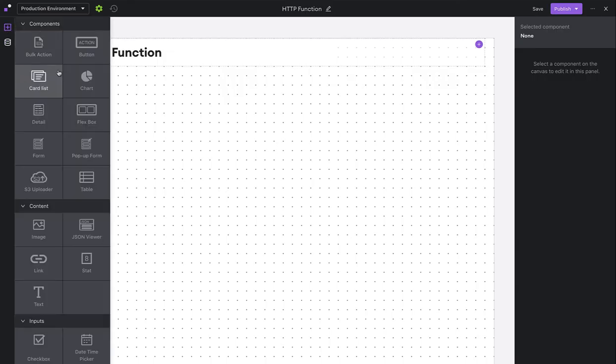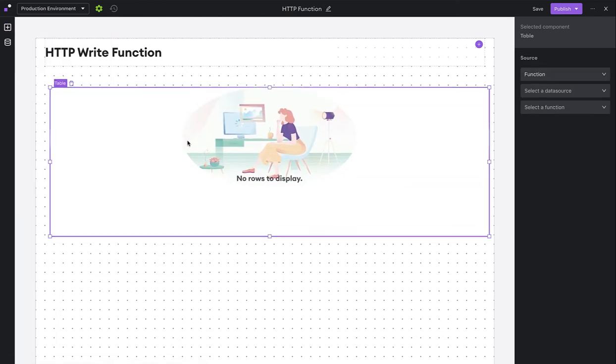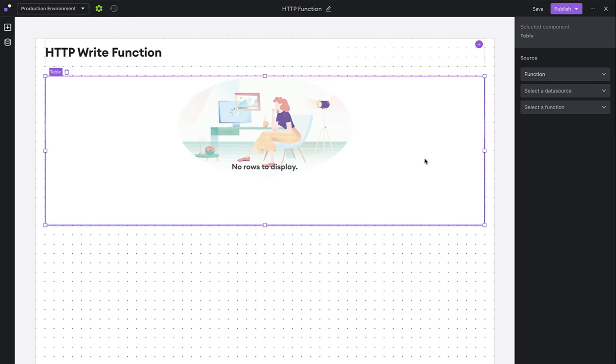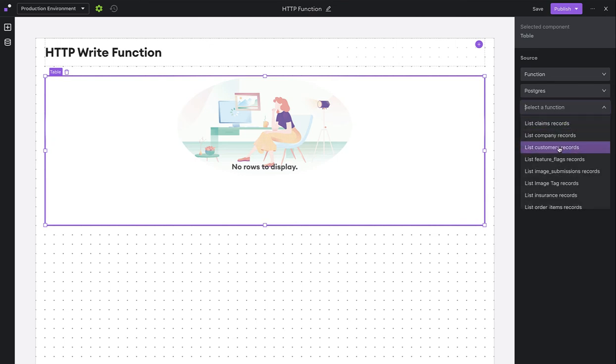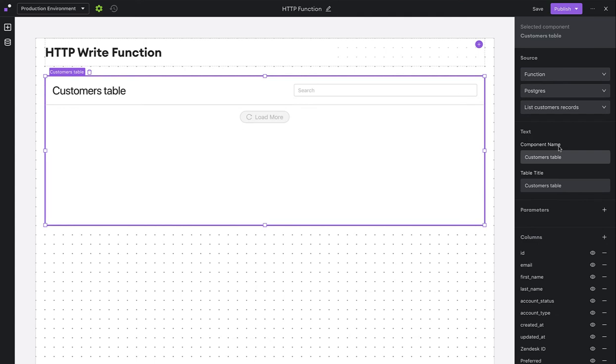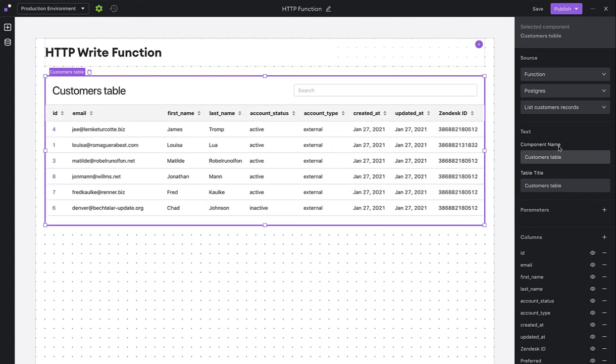Now, let's take a look at how we might use this function. For example, we can take a table and populate it with our users, let's say coming from Postgres. And we want to list our customers here. One thing that we can do is if we want to create a button here and tie it to the